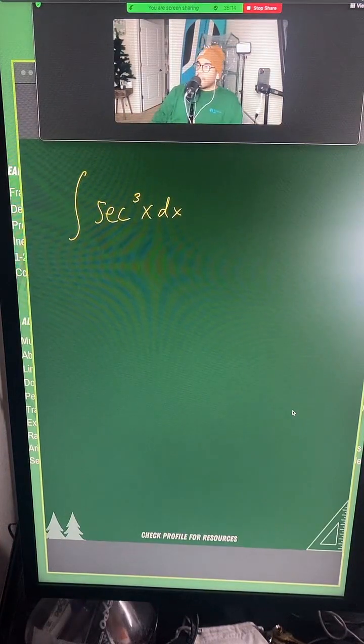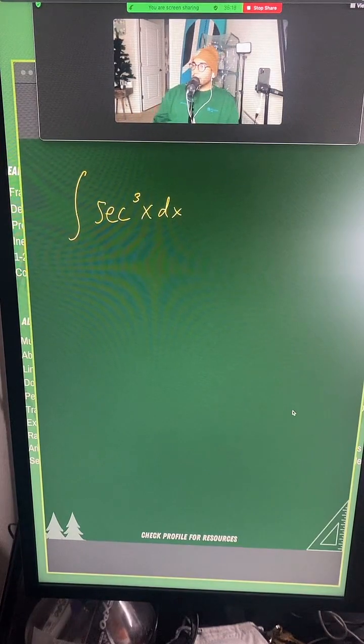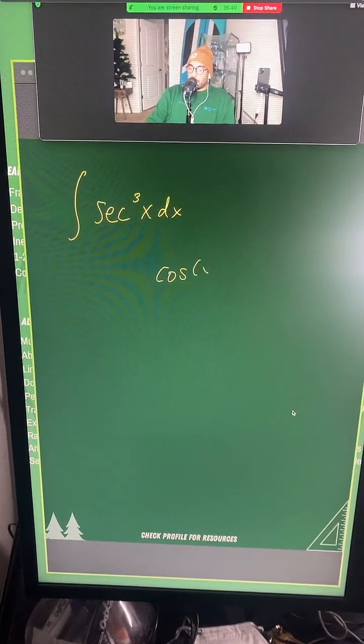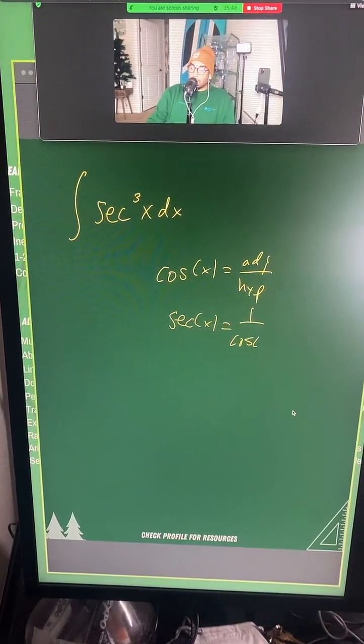Okay. Any thoughts? Okay, Ethan said u is equal to cosine x. Okay. Integration by parts I'm seeing. I don't know. This is curious, right? Or again, if you guys have a piece of paper, pull that out, start writing it down, play along. So this is secant. This is like 1 over cosine. You know how cosine of x is equal to adjacent over hypotenuse? So secant of x is the reciprocal of cosine, and that's hypotenuse over adjacent.